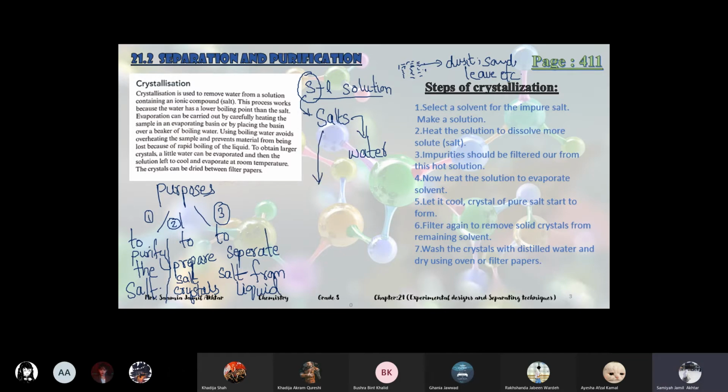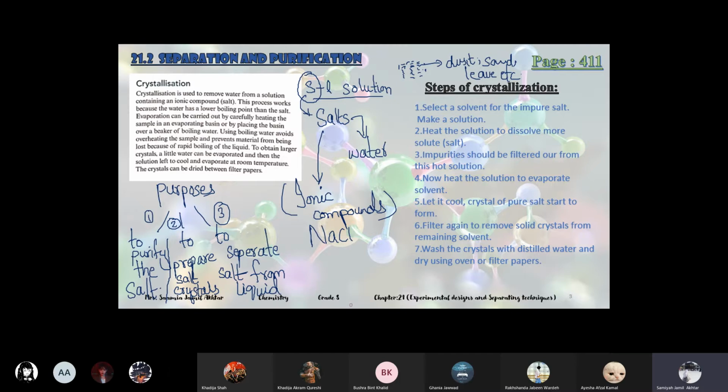And you know what salts are, which type of compounds are salts? They are ionic compounds. Ionic compounds are those compounds which have ionic bonding in them. In the ionic bonding chapter, we will study that when metals and non-metals combine, they make ionic compounds. And ionic compounds are commonly known as salts, like sodium chloride, common table salt which we eat.